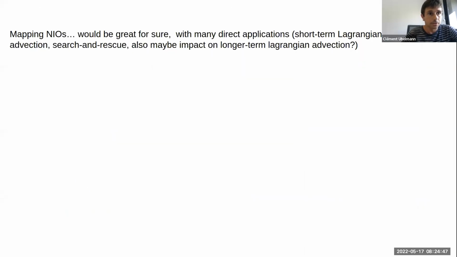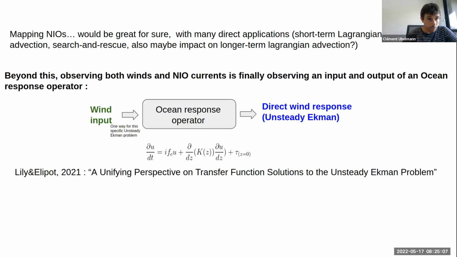estimation. So now I'm going to give a few perspectives beyond surface current. So first, mapping NIOs would be great for sure, and probably with many direct applications. Short-term Lagrangian advection, for instance, or some rescue, or maybe an impact on longer-term Lagrangian advection, I don't know. But also beyond this, observing both winds and NIO currents is finally like observing an input and output of an ocean response operator, which is well described with a simple 1D model that involves the kappa profile, which is